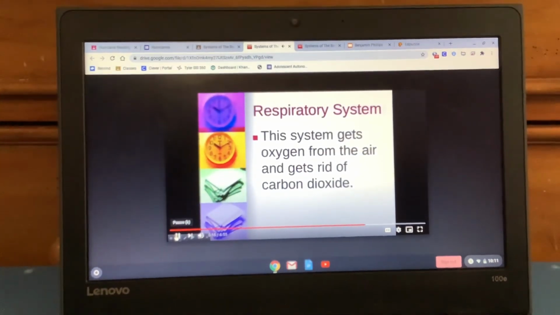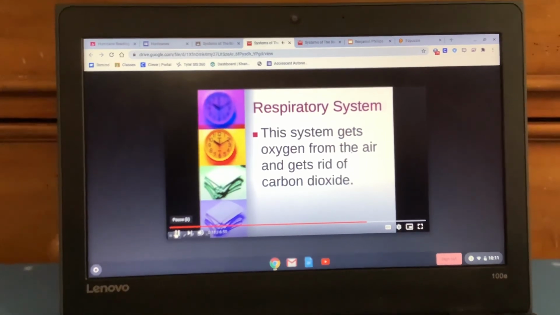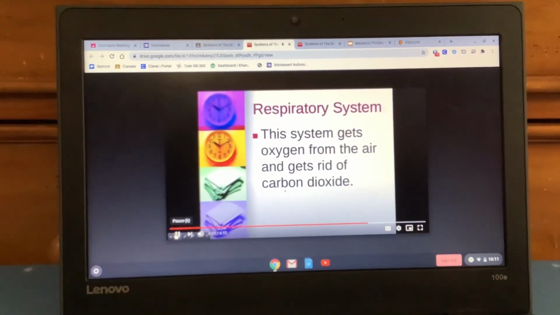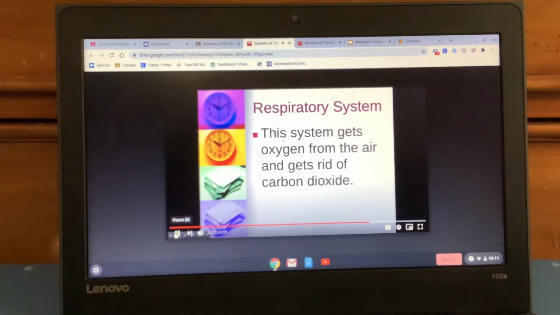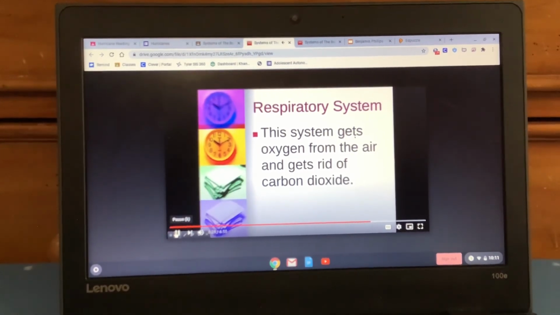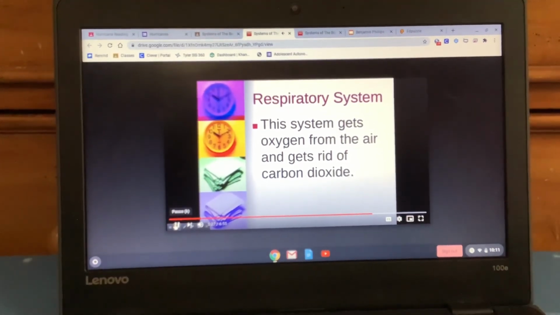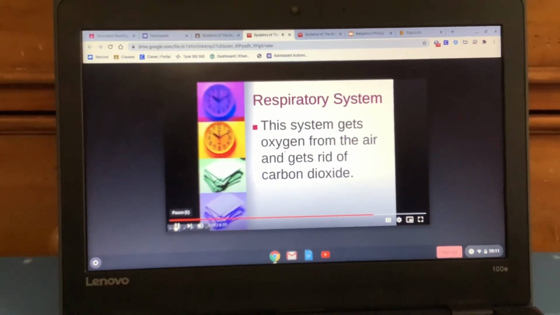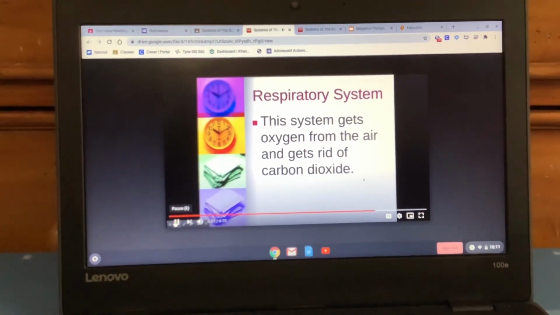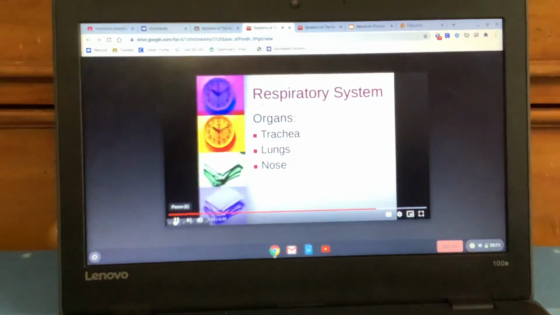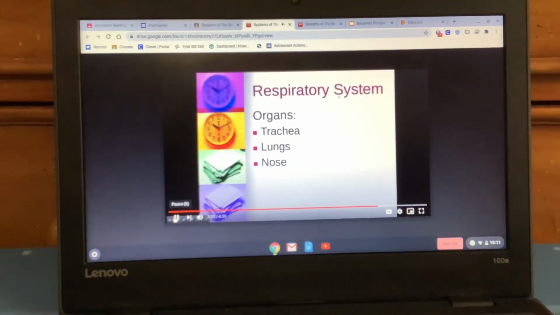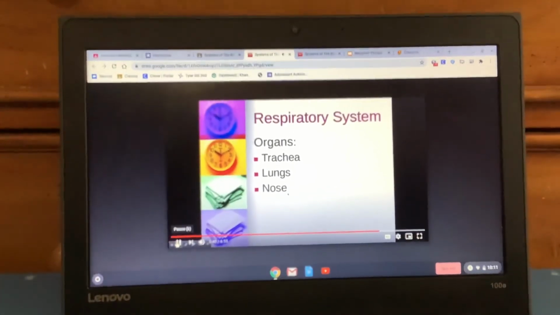Respiratory system. This system gets oxygen from the air and gets rid of carbon dioxide. So when we take a deep breath in, we're taking in oxygen, and then when we exhale, we are getting rid of the carbon dioxide. The organs that make up this system are the trachea, the lungs, and the nose. And we will go